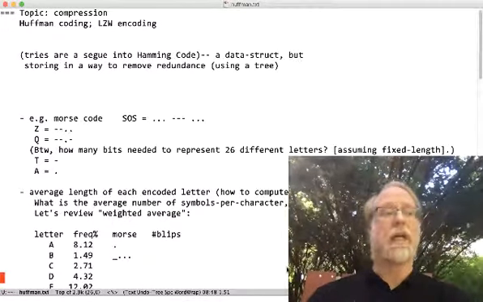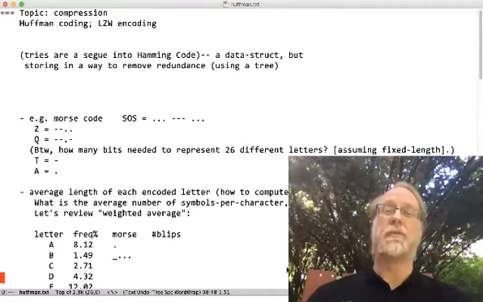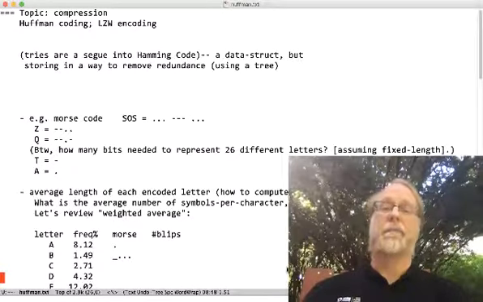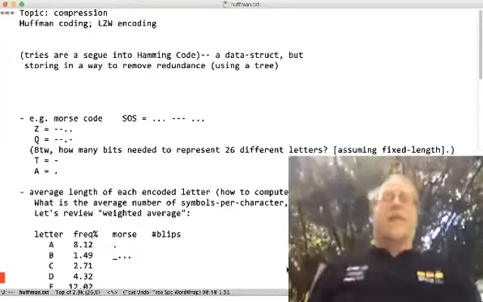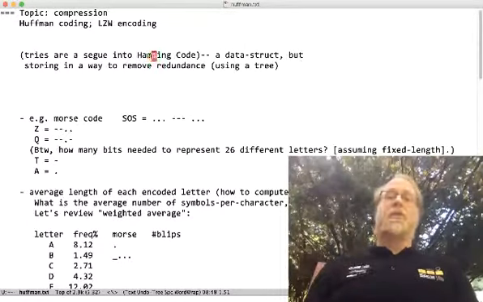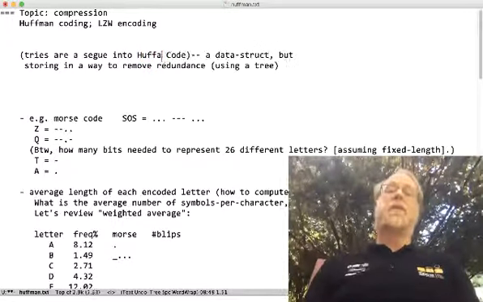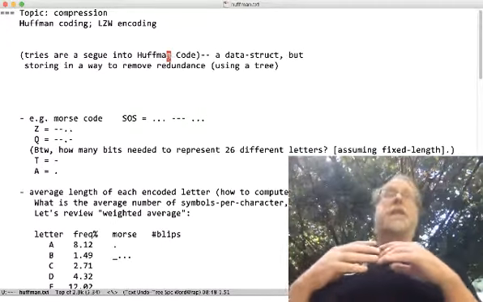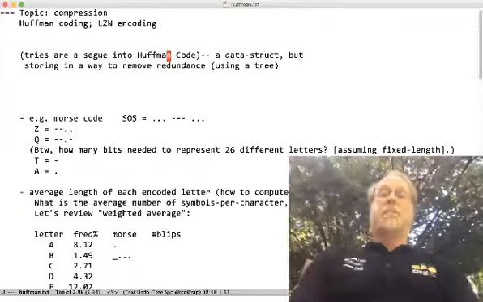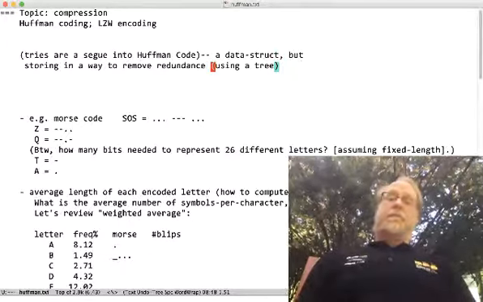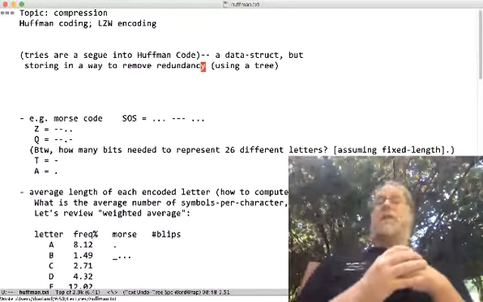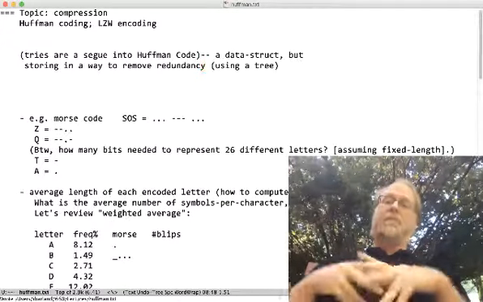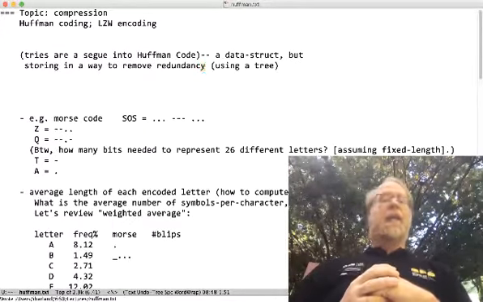And now we finished talking about tries, and that's going to be our little segue. Tries are a segue into Huffman codes, not Hamming codes. Tries were a data structure, but they were used in a way to help remove redundancy. And it was even in a tree format, and that's going to be our segue into Huffman coding. Okay, so all that said,